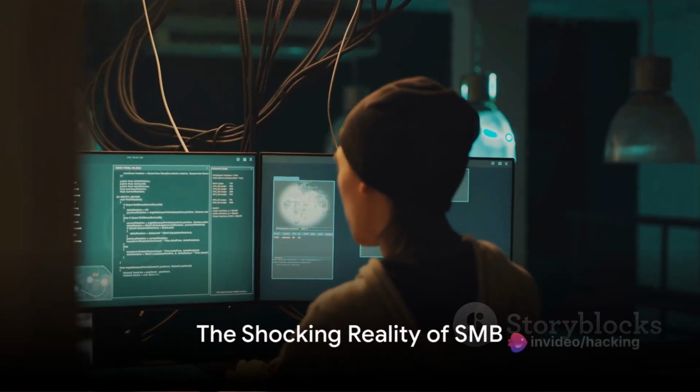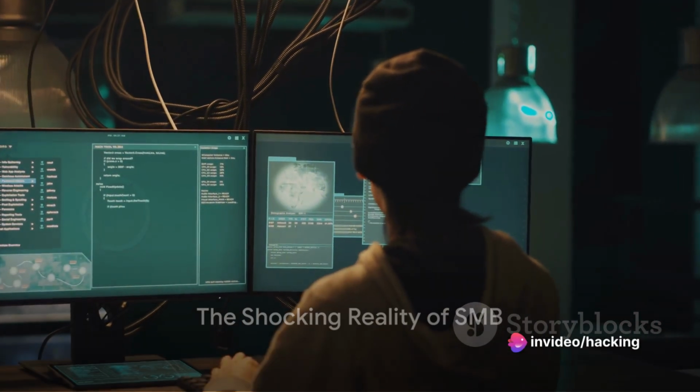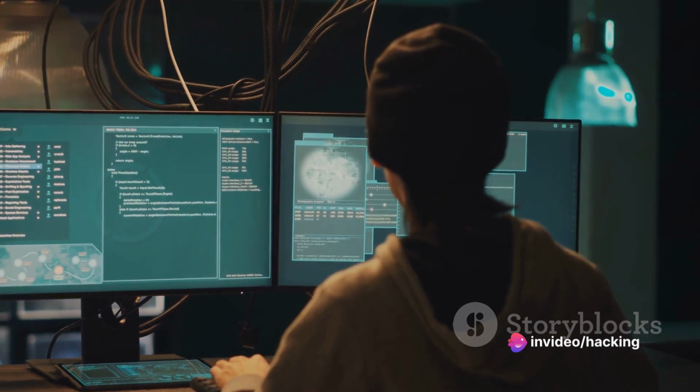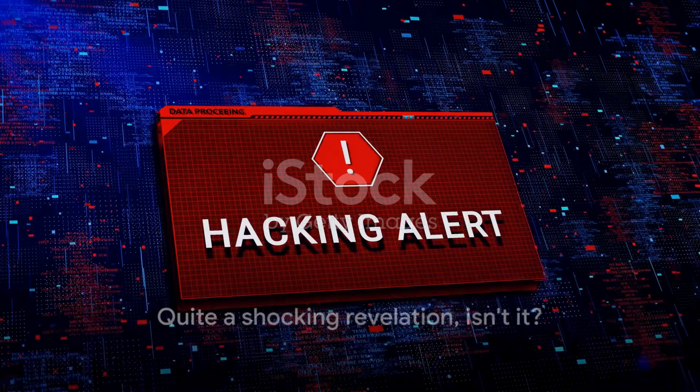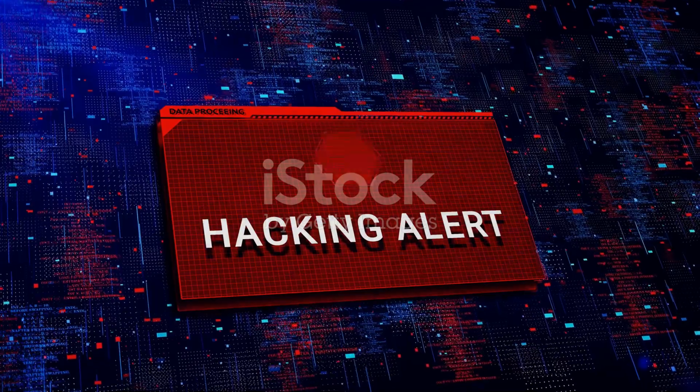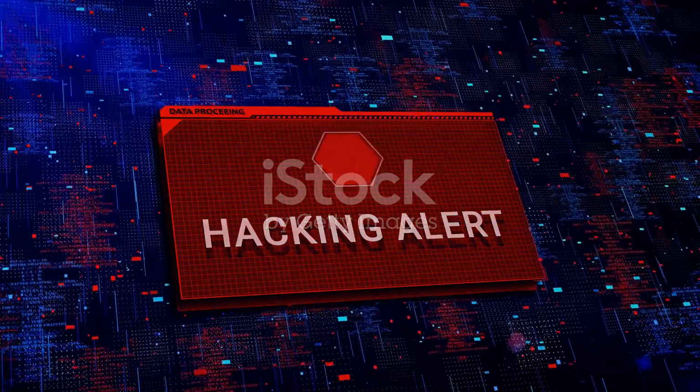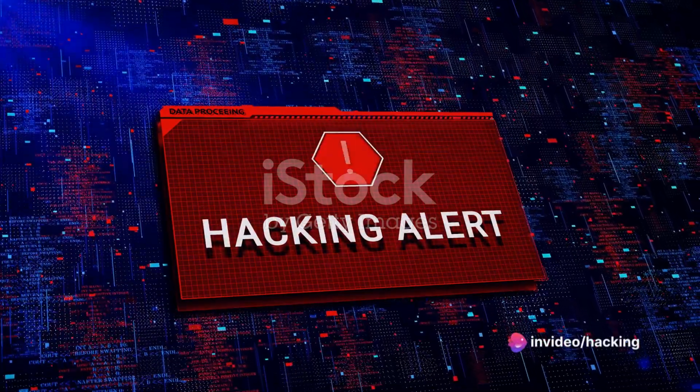Did you know that over 70% of cyber attacks in the last year exploited vulnerabilities in SMB? Quite a shocking revelation, isn't it? This startling statistic underlines the profound importance and the inherent risks involved in the Server Message Block protocol, colloquially known